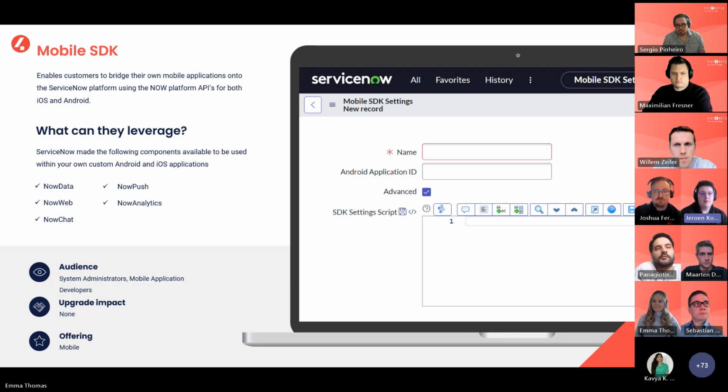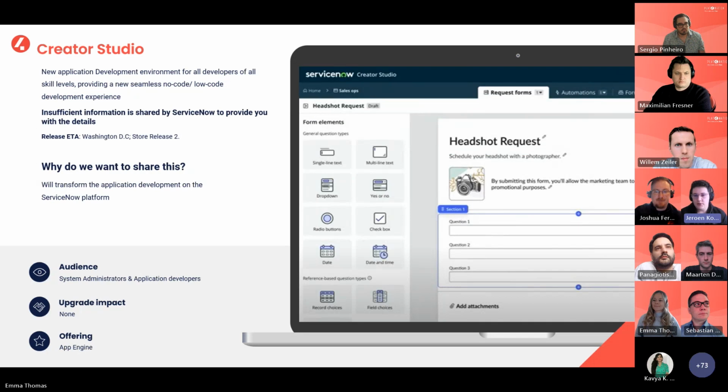The last one, we have the Creator Studio. This is a little bit more of a teaser. This is not available upon the first release, but it will be part of the second store release. Not much information is yet shared on this, but it's going to